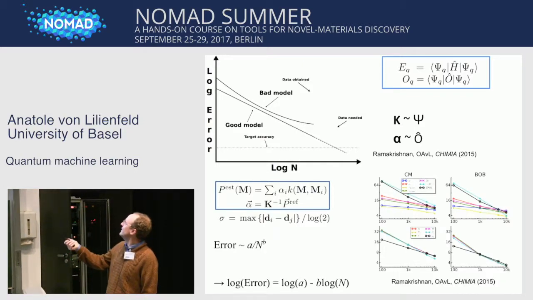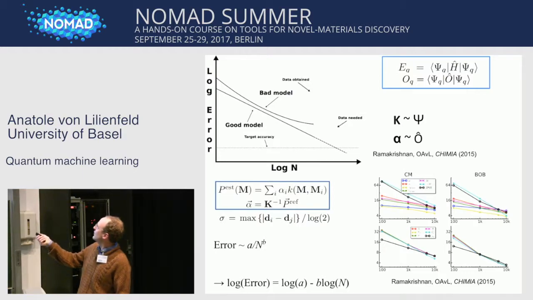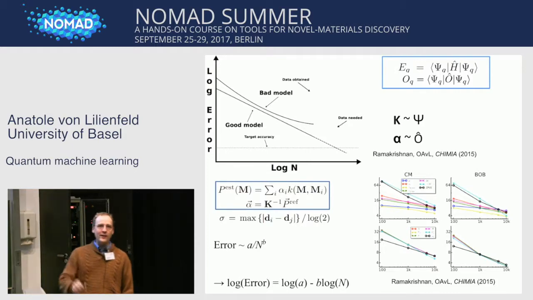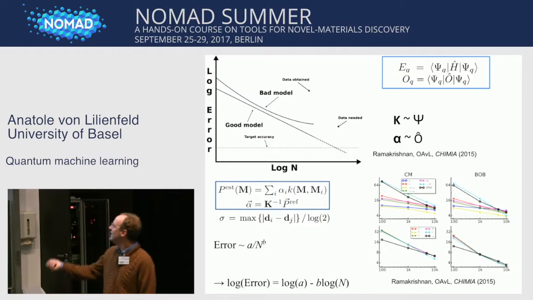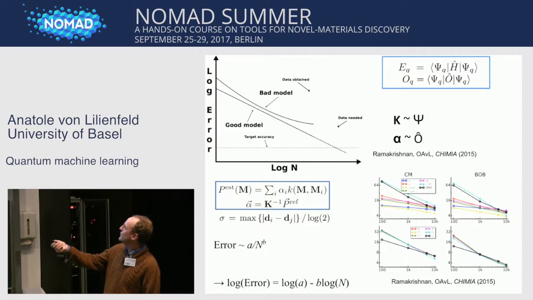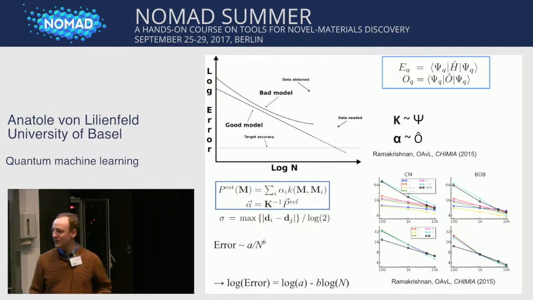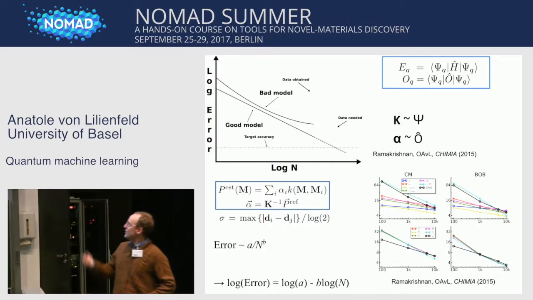These are results which demonstrate this. So we have various electronic properties on organic molecules, and we have these learning curves. At each training set size, we have one and only one kernel. It's always the same kernel. You have to invert it once, and then you multiply it in with all these different properties, and you get these errors, and they go down linearly on this log-log plot.